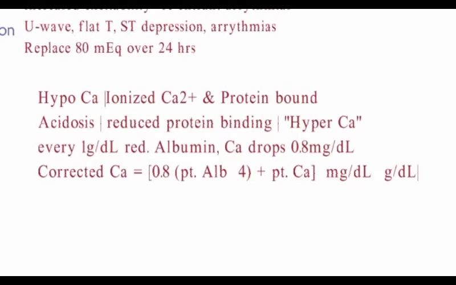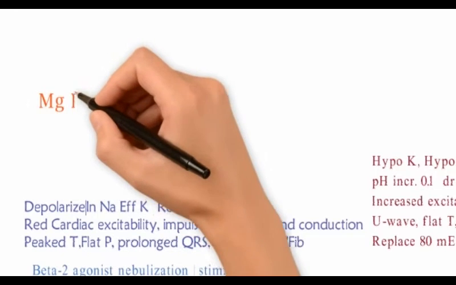The first part of the formula will calculate the amount of calcium which gets ionized when the albumin level is low. And then we add this to the already ionized calcium in the patient's plasma. Therefore, the ionized calcium of the patient along with the new ionized calcium will give the total amount of metabolically active calcium, which is the corrected calcium level.